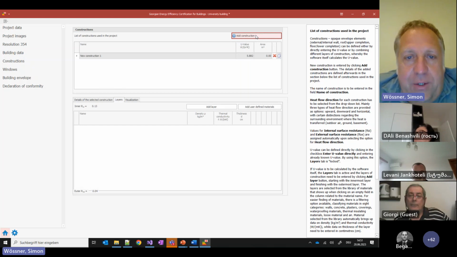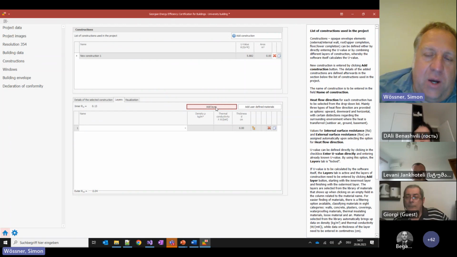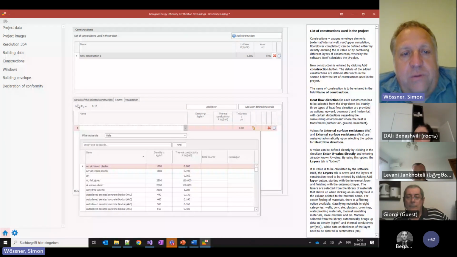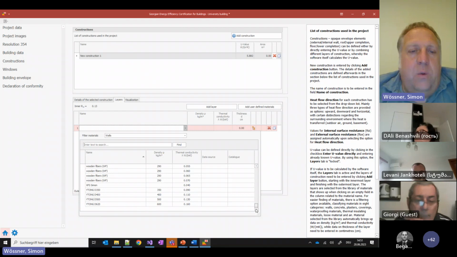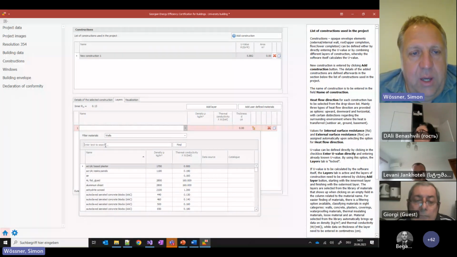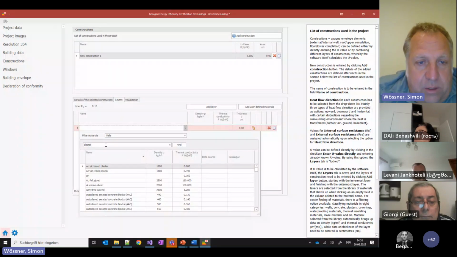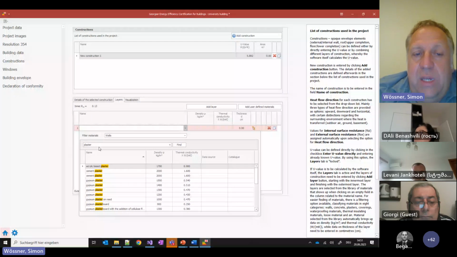So you can add a construction, and give them some layers, so how they are being built up. You can start here, always from the inside. You have here a materials database, which is already quite extensive. You can, for instance, now start with a plasterboard or plaster. If you enter here some keywords,